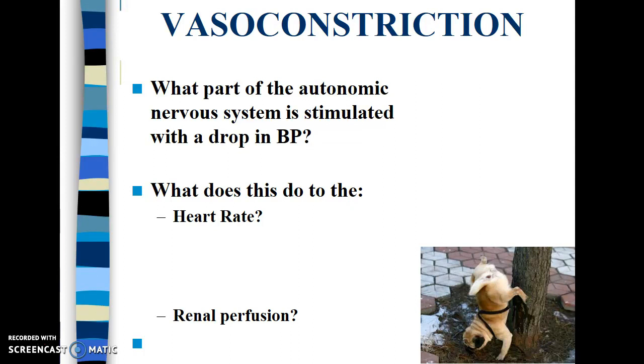So then we also have the alpha 1s, those receptors in the sympathetic nervous system, are going to cause vasoconstriction of the peripheral vasculature and also will affect renal perfusion. So renal perfusion, we start to get a decrease in renal perfusion because we don't want to send as much blood through the kidneys. Think about why we might not want to do that as you're looking at this little